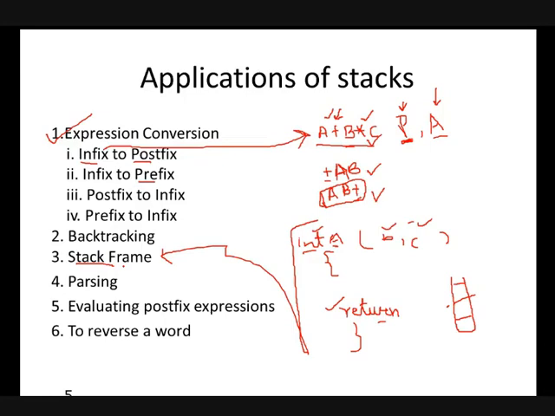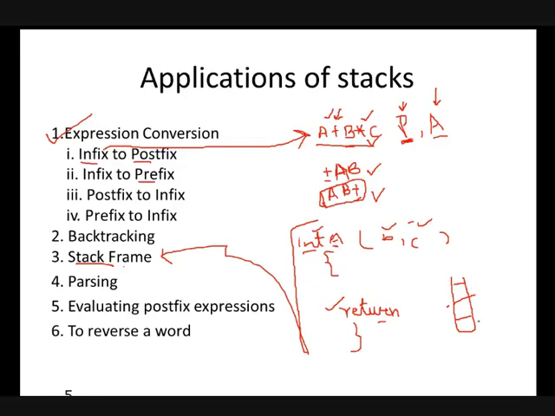So whenever you are executing any function, all the temporary space occupied by that function will be stored in the form of a stack data structure. In this stack frame application, we are using a stack to temporarily store all the arguments, the return type, and everything about that function.